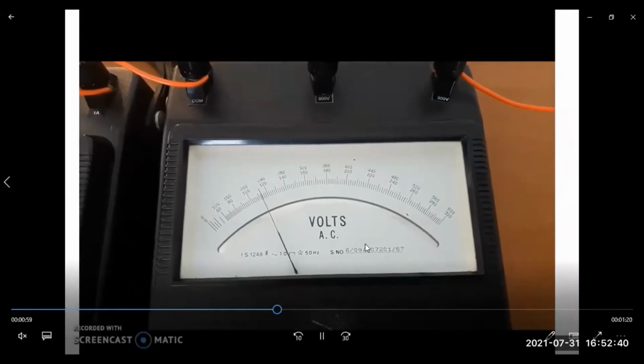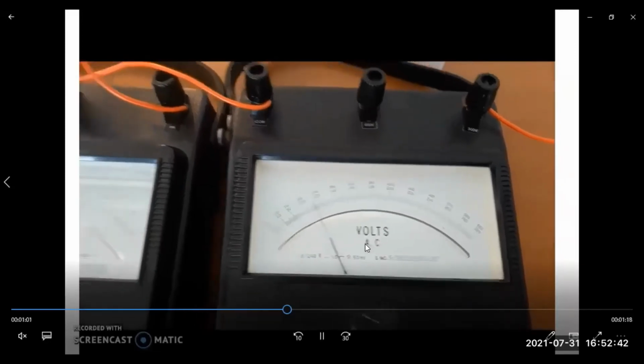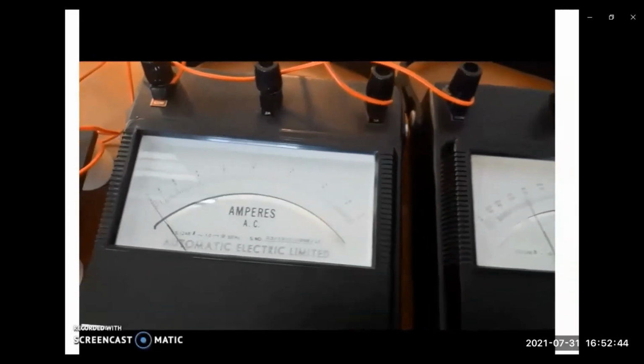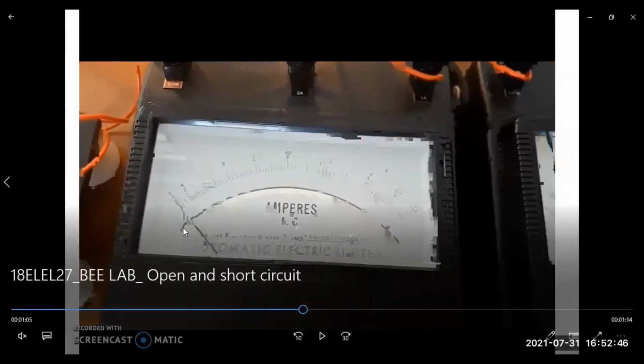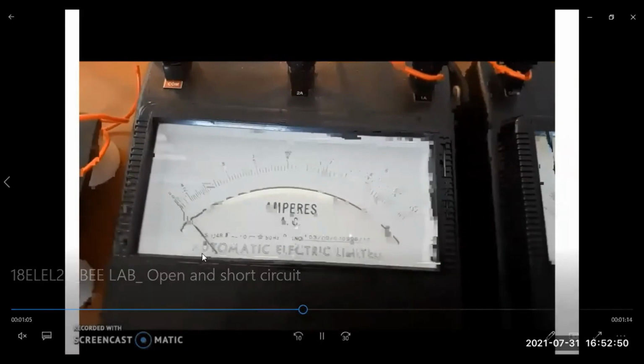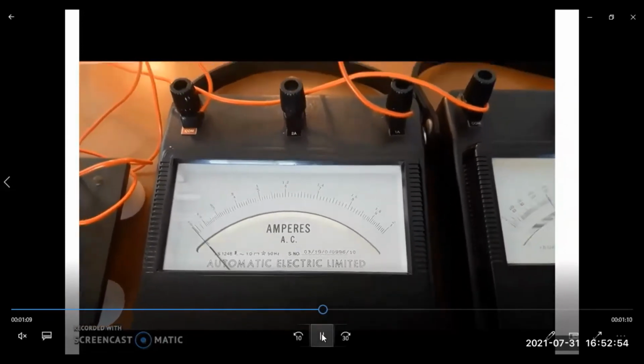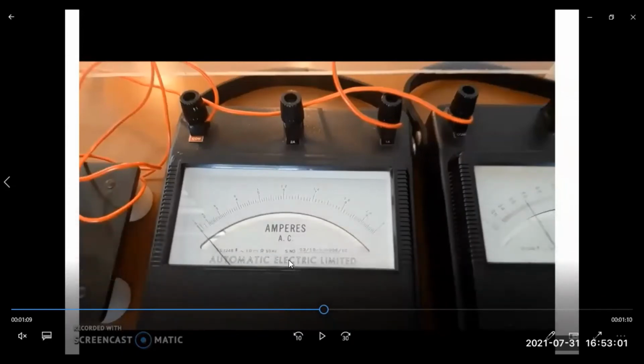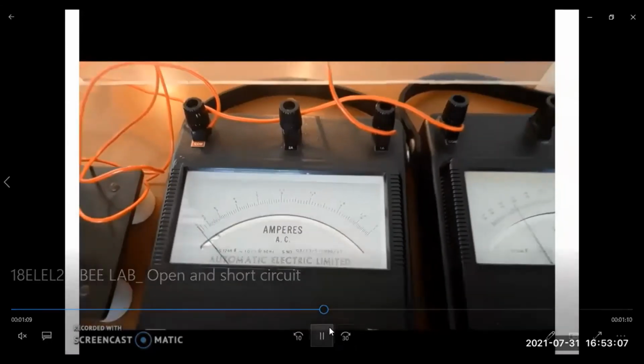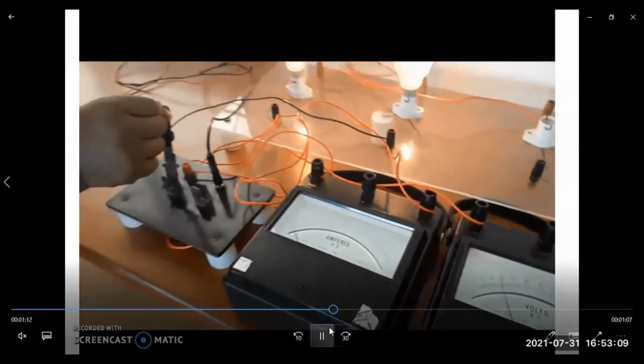Now what is the current? You have to measure it. Voltage we have measured. We will be getting a high value of voltage. But look at the current. By looking at the current, we will conclude that the value of current will be 0. Correct, no? The value of current will be absolutely 0. So what is your conclusion? When the switch is in open condition, the voltage will be high and the current will be less. So high voltage and low current. I'll be getting high voltage and zero current during open circuit condition.